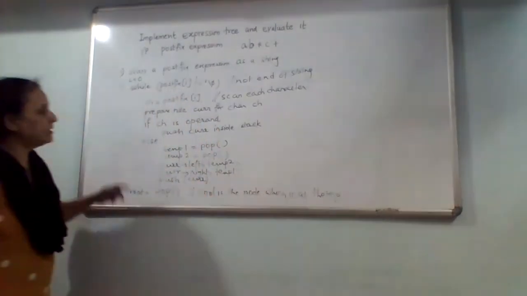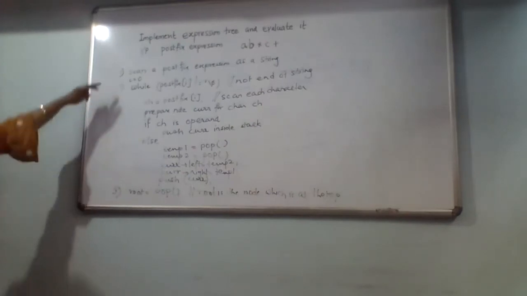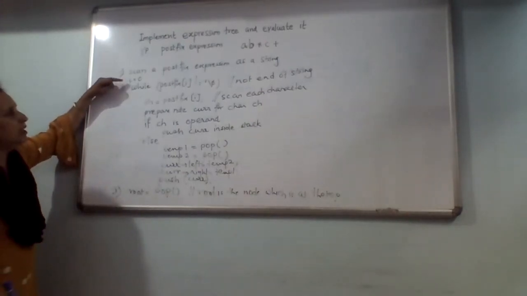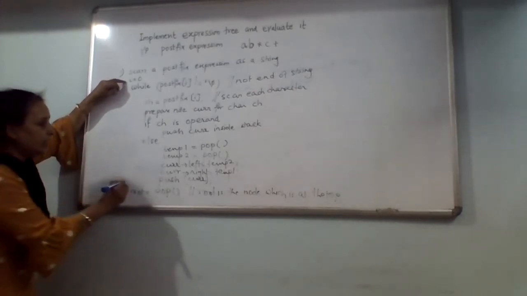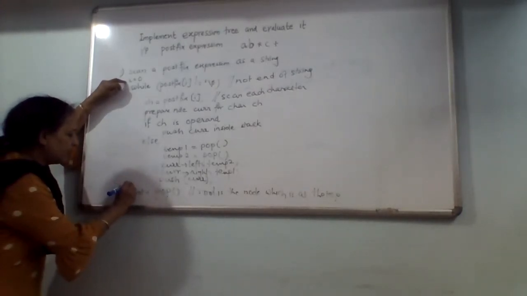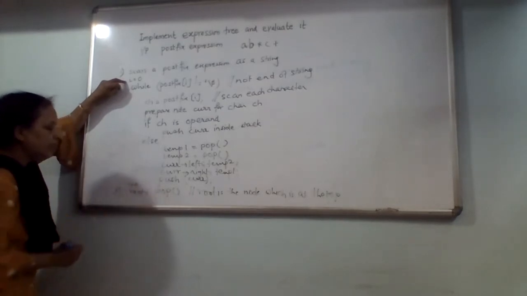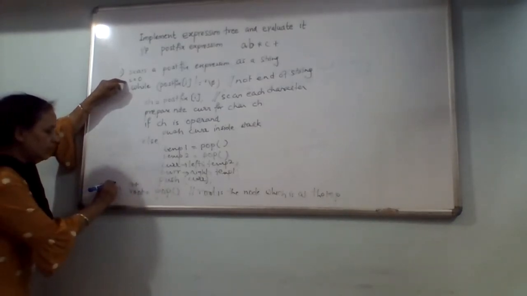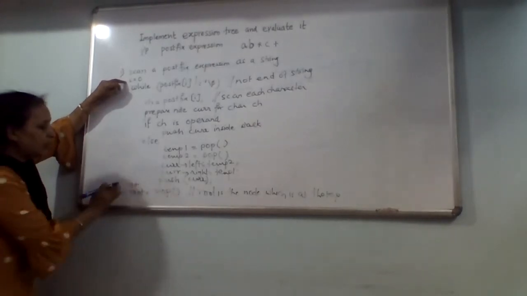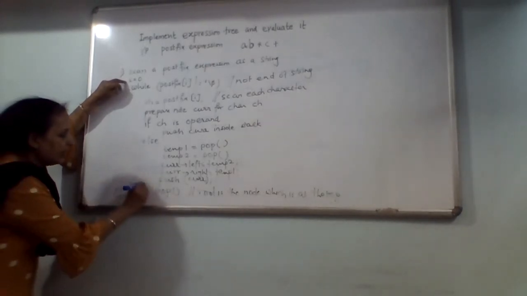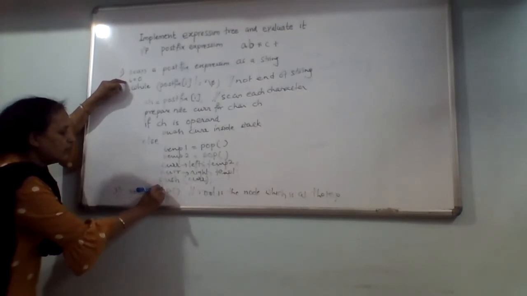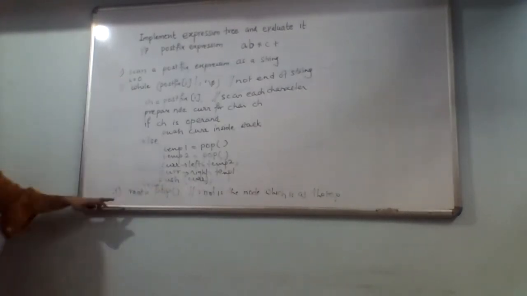Okay. So this is a simple algorithm: scan the postfix expression, initialize with i = 0, and you have to repeat it. And here I should say i++ in between this. Okay. So this is the fourth step. Sorry, inside this while loop you have to repeat this, i = i + 1 each time.